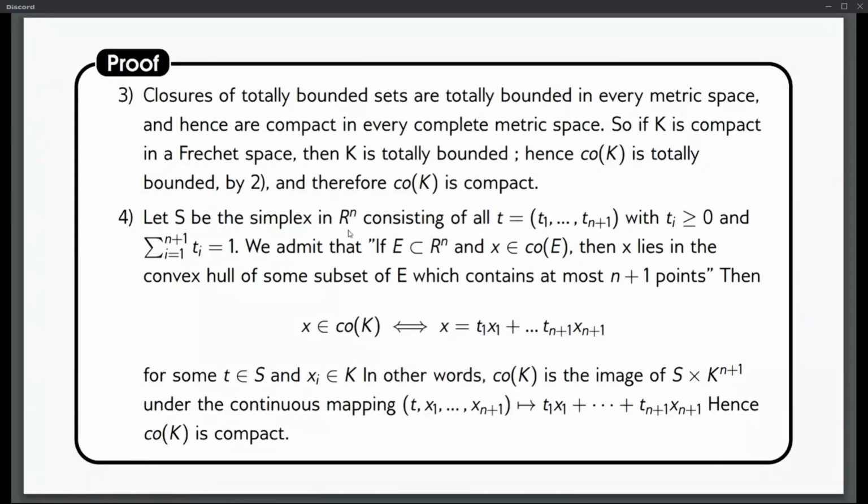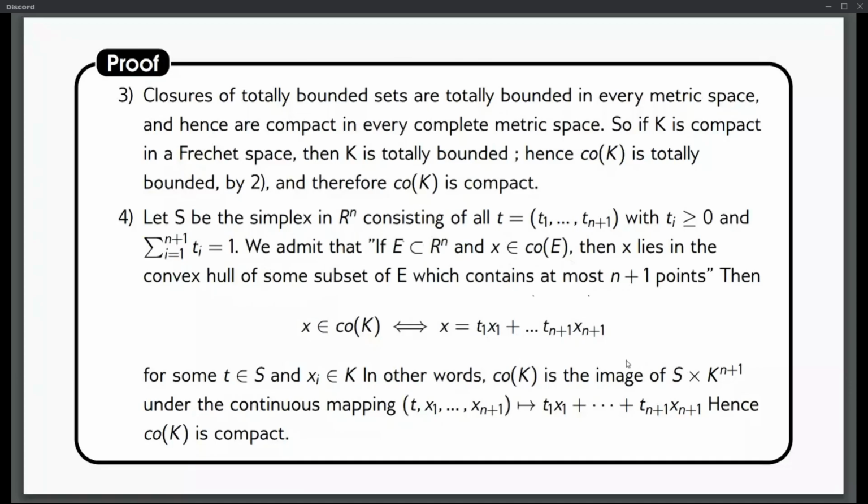Now we're going to admit this. There is a proof for it in the book, which I didn't think was that insightful to include. If E is a subset in Rn and x is in the convex hull of E, then x is going to be in the convex hull of some subset of E which contains at most n plus 1 points, which tells us that x is in the convex hull if and only if x can be written in this form. There's a plus here, this is not plus dot plus. Sorry. So anyway, for some t in S and xi in K,